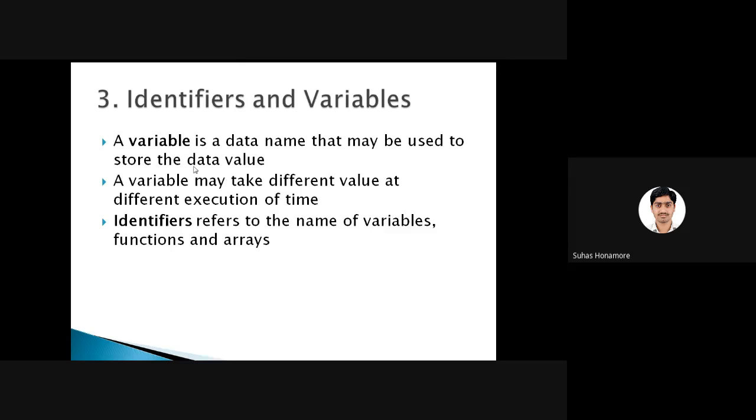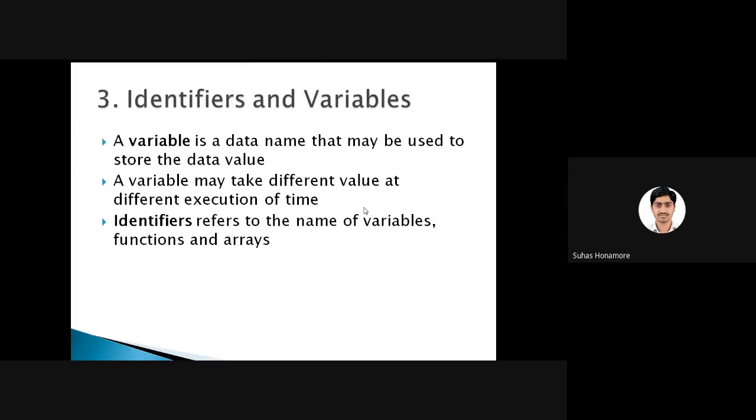So what is a variable? I think you already know, in mathematics you normally write variables, like x equal to something, or a equal to something, n equal to something. You write values, like a equal to 10. There, a is a variable. It's nothing but a data name, in the sense that it holds some data, and its name is there. That value can be changed time to time, whenever you want you can change it.